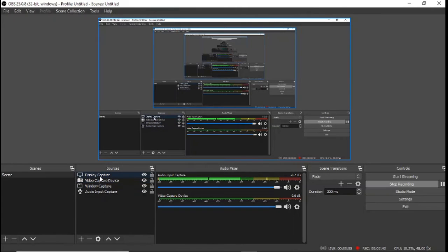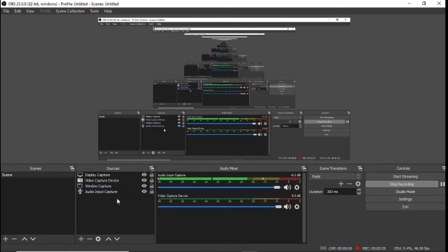Now if you select a display capture device, the display of your screen will be recorded. So whenever you are shifting between displays, whether from Google Meet to PowerPoint, from PowerPoint to Windows Media Player, or from Windows Media Player to Mozilla Firefox, those displays of the screen will be captured. But in case of a PowerPoint presentation, we don't need to capture the display, we need to capture a window of the screen. So for a PowerPoint presentation you need to select a window capture device.